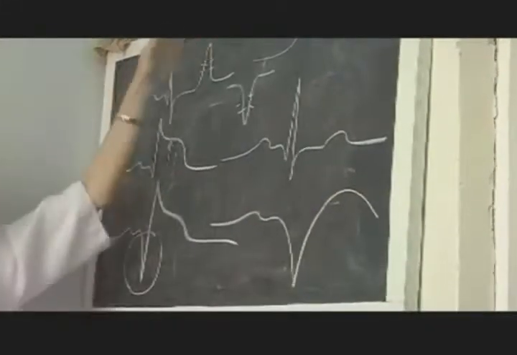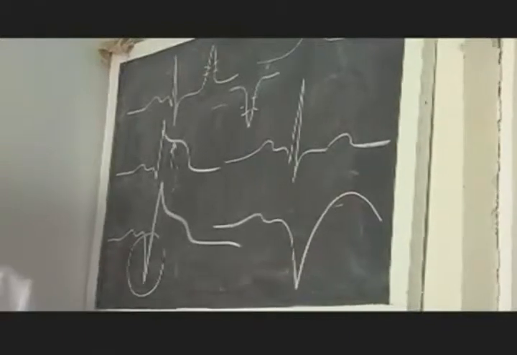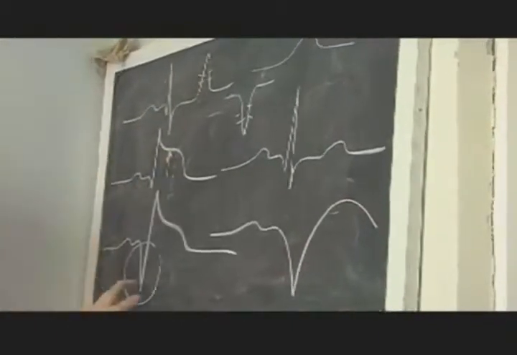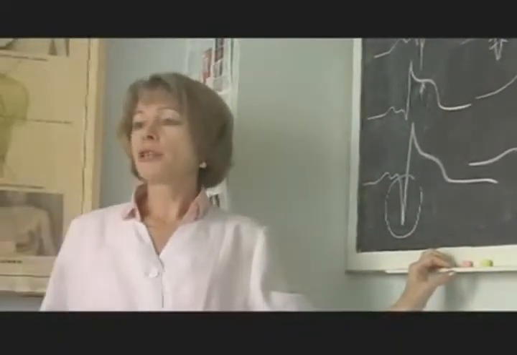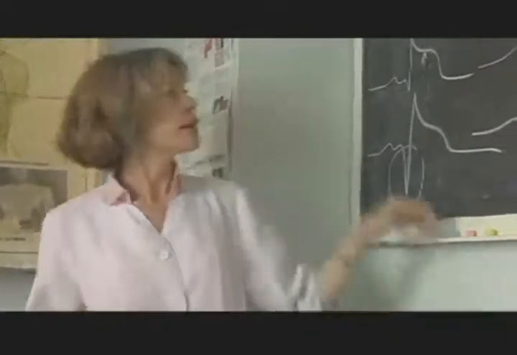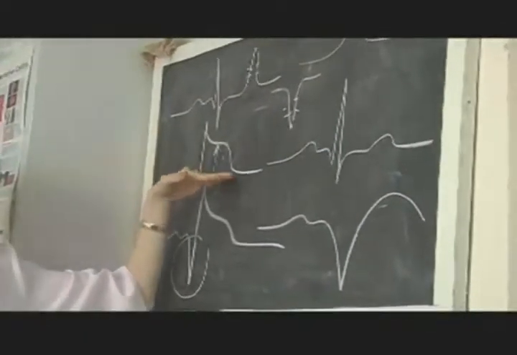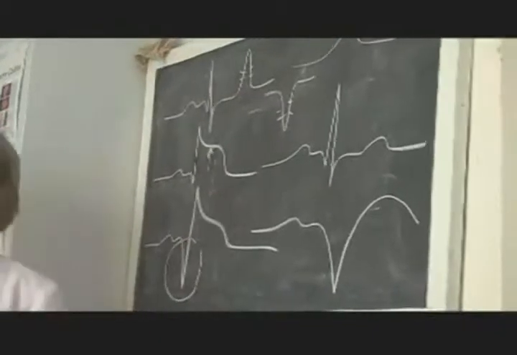Because during the acute period of myocardial infarction, all pathological processes will be present: ischemia, damage and necrosis. It all depends on what time the ECG was registered. If the ECG is registered 40 minutes after the attack of pain, we can reveal only ischemia. After 2-3 hours there will be damage. After 6 hours there will be necrosis.